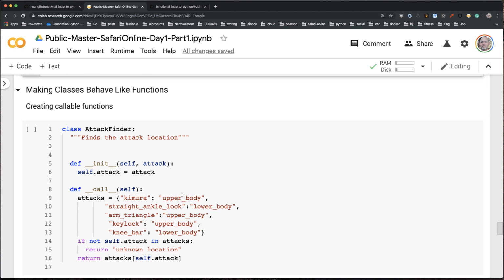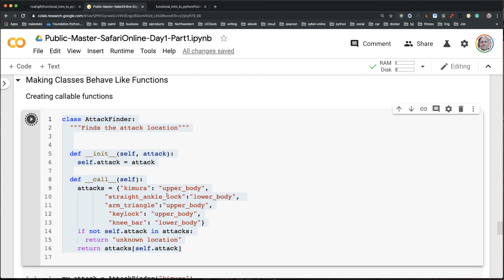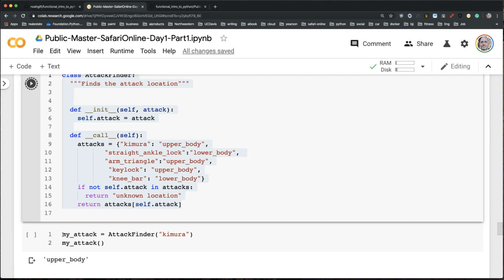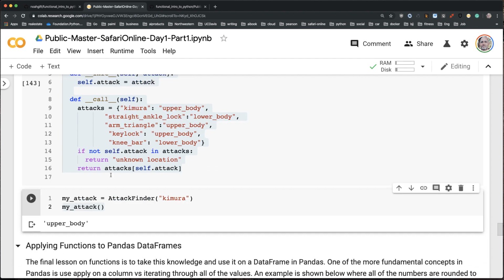Just pretend that you know how it works if you don't. And if you put inside of here this call method, you can basically tell a class that it should behave like a function. So let's go ahead and run this. And if you scroll through here, I can tee up that class, and that's what this does right here. And I pass something into there, and this initializes the state, and then I can call that class as a function. Now, this is a little bit of a tricky technique that really the main purpose to use this is if you wanted to initialize some state and then treat this like a function,